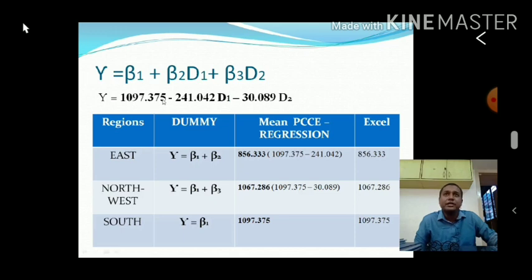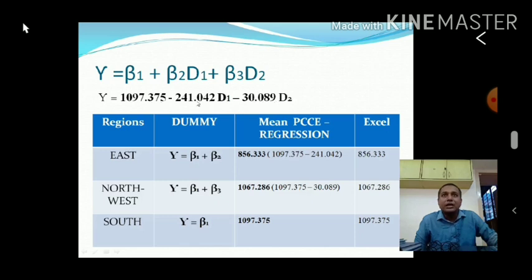Now how to interpret? We say that the east region per capita consumption expenditure is lower by 241.042, and the northwest region per capita consumption expenditure is lower by 30.089.